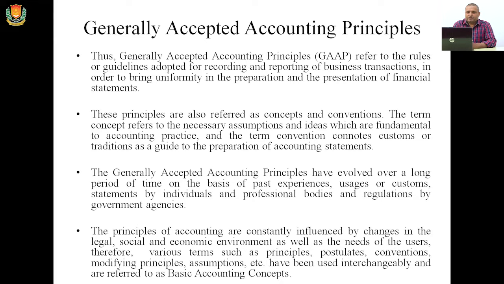Next, generally accepted accounting principles have evolved over a long period of time. It has not come into existence in one day, but instead it has taken a long time to come to this stage. There have been so many changes from time to time in becoming accounting as a science. So here we can say these accounting principles keep on changing according to the situation, according to the need. As and when need arises, we change the accounting methods, we change the accounting procedures.